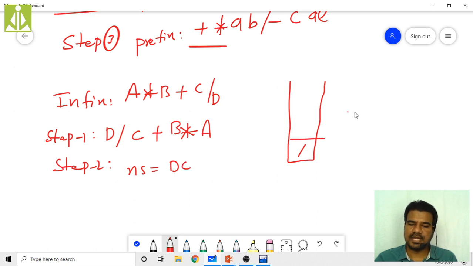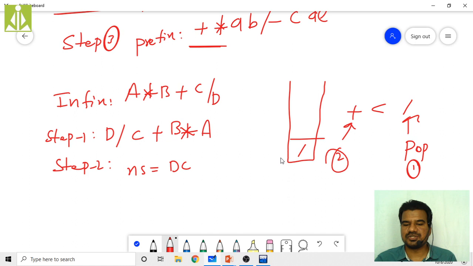Then plus sign: division definitely has higher precedence, so first you pop this division and add it to the output string, remove it from the stack, and push this plus onto the stack. So plus will come over here like this.